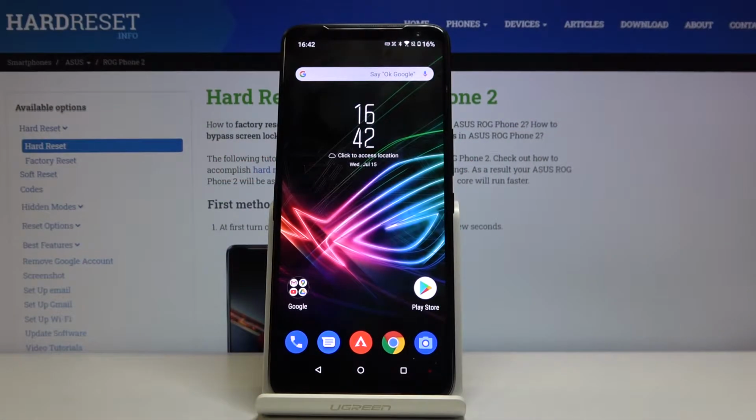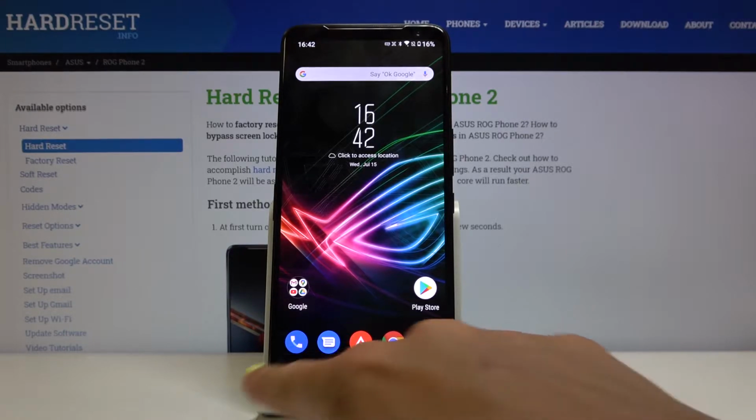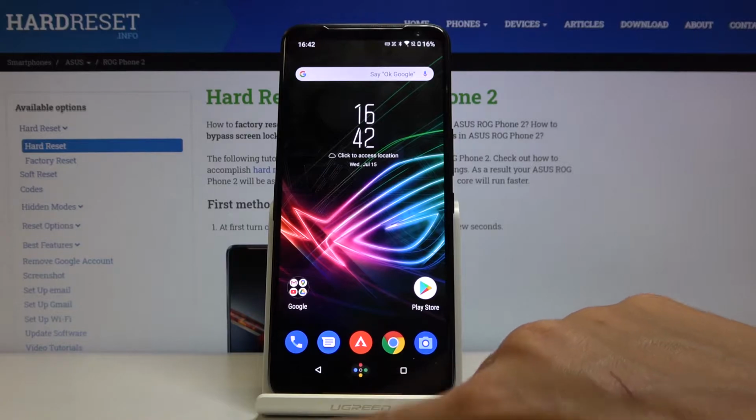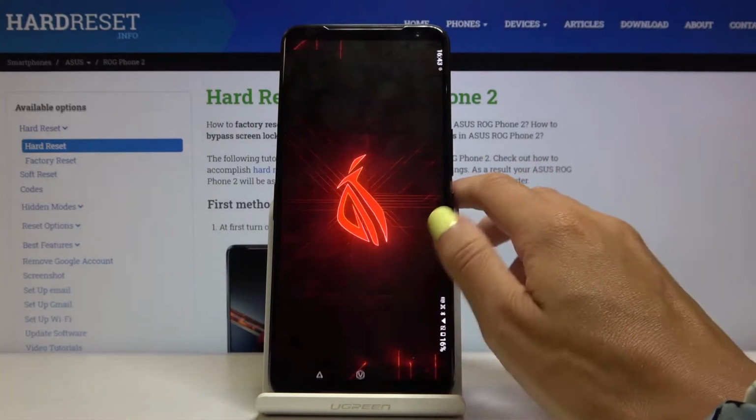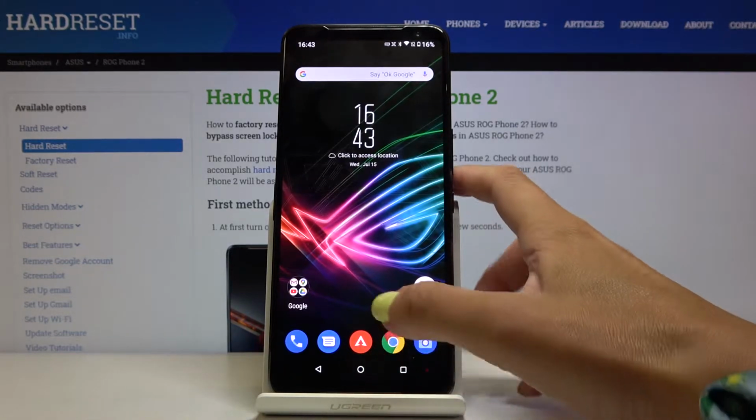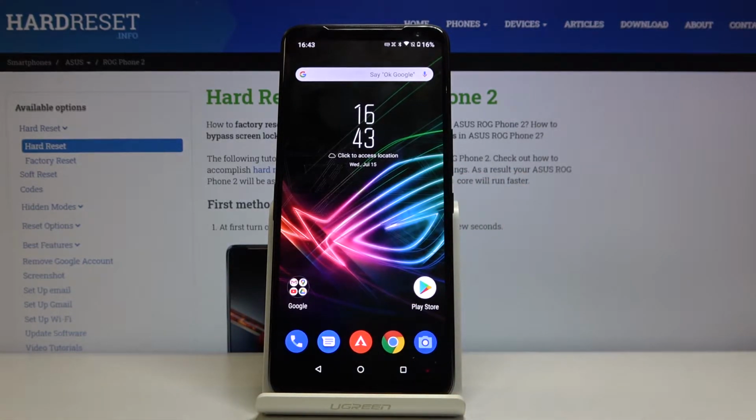In front of me I've got Asus ROG Phone 2, and let me show you how to set the gesture navigation bar on the following device. So as you can see, here is our navigation bar, so we've got 3 signs, and if you would like to turn them all off, and if you would like to have the navigation bar which is without those icons,